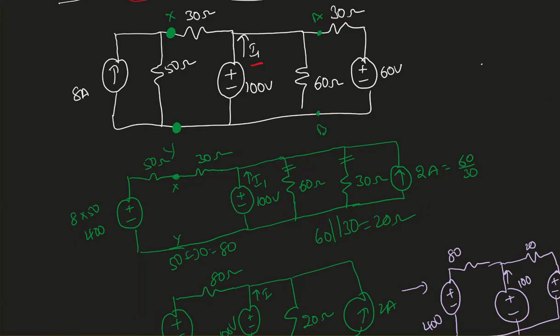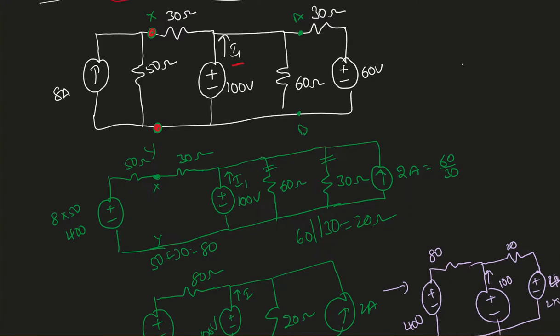So now I'm going to label X, Y terminals here. Why am I doing that? Most of the times students get confused. They cut the elements here, but they attach them somewhere else. That is the reason I label them. So that way, once you convert this into a voltage source in series with a resistor, we can bring it back